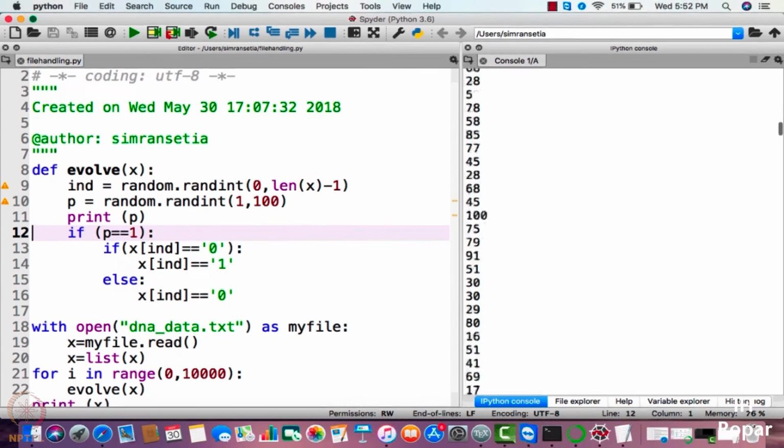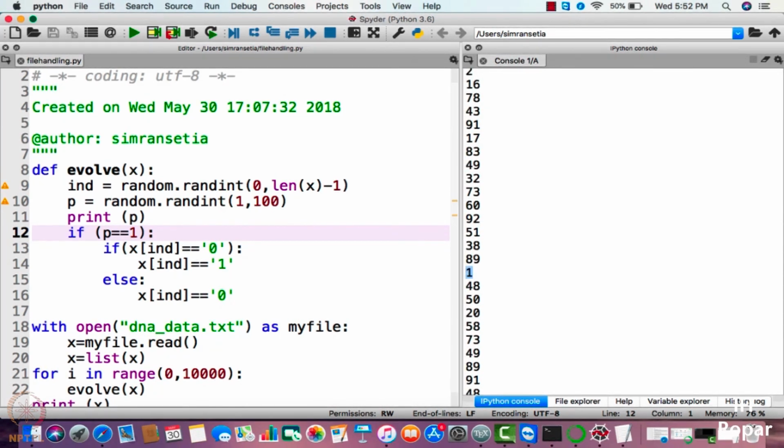We have 78, 85, 51. Till now I haven't encountered 1. Oh, here we have 1. So in this particular case the change would have taken place. You can always dry run it and check whether the change is taking place or not. We have 1 again.